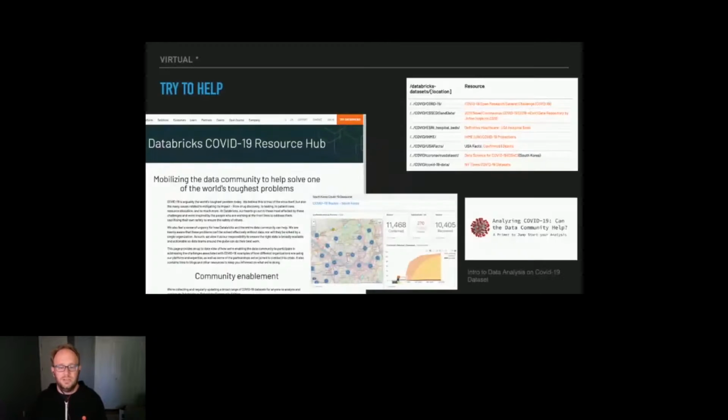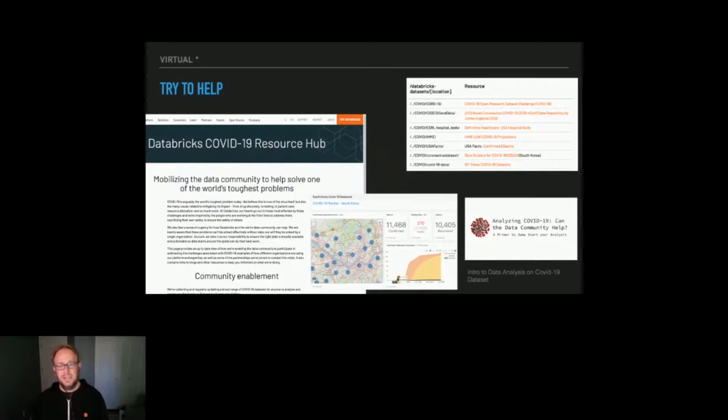One other thing that we've done in terms of trying to enable our team to work effectively during the pandemic is try to help. Technology in the data science and machine learning spaces is used a lot in the healthcare and life sciences world. It's used to do things like develop vaccines, et cetera. But how do we get the wider community involved here? We've done a lot of publishing of data. We took all the data